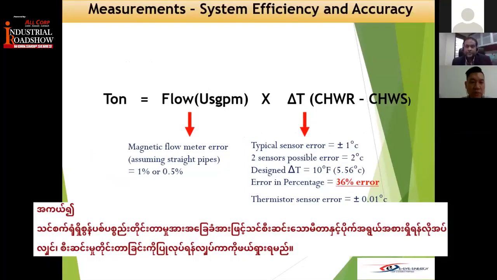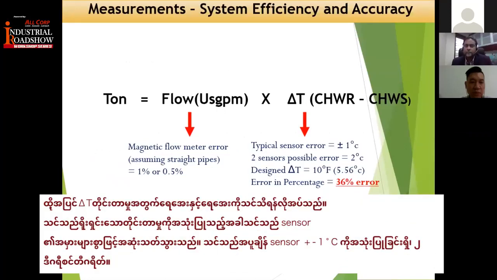You conduct a tonnage measurement in the plant, basically you need to have a flow meter at the pipe side. As what Kenji said, you have to remove the insulation and do the flow measurement, and you have to know the delta T measurement, chill water supply and chill water return. So you see, when you use just a simple measurement, you will have ended up in a lot of sensor